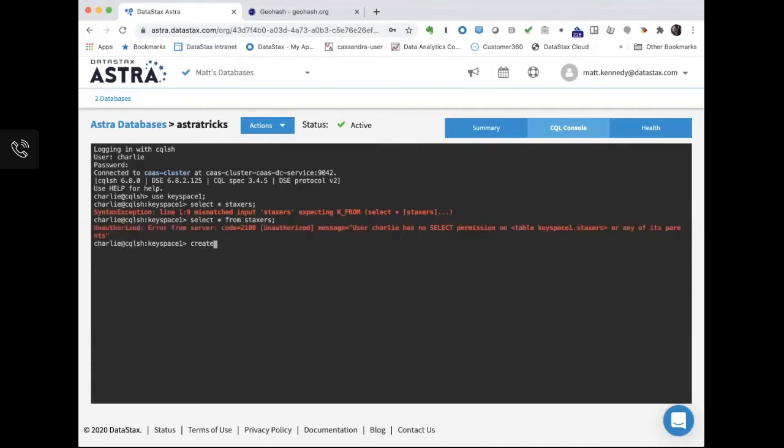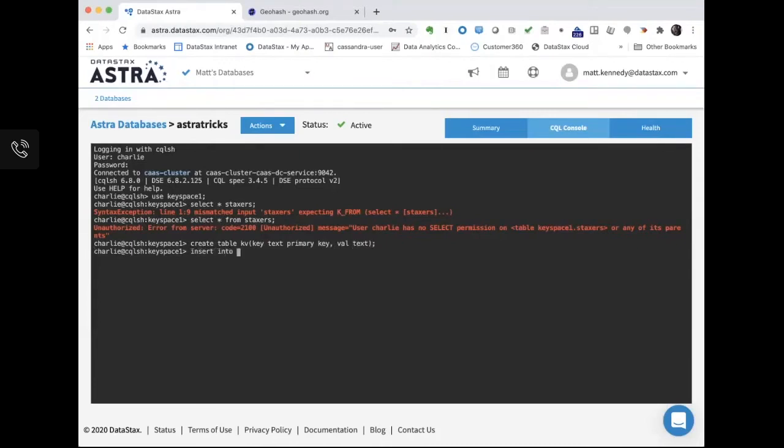But what I can do is create a table, and I'm just going to make this a simple key value table. We're going to have a text key that is the primary key and a value that is also text. Okay, so that's a really simple table.